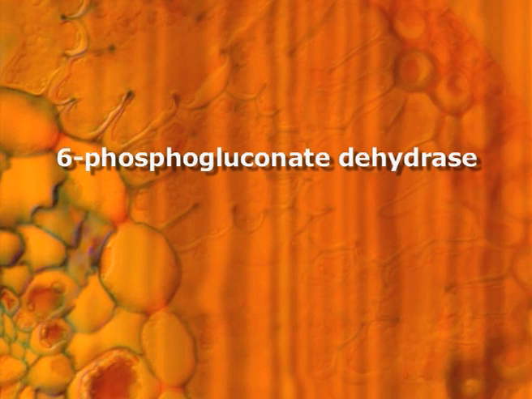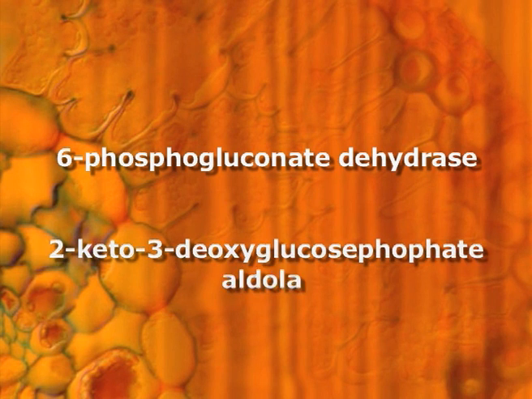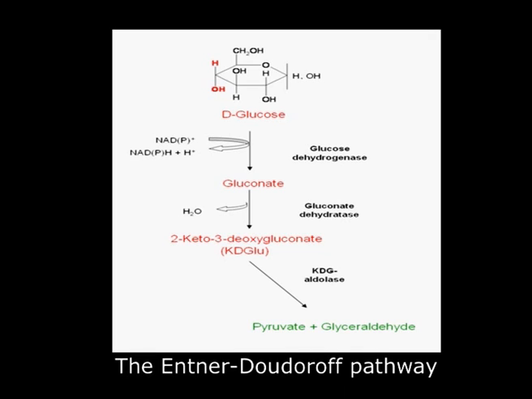The non-phosphorylated version is found in Thermoproteus, where by the presence of glucose dehydrogenase, the glucose is converted. And there are two enzymes in this variant of the ED pathway. What are they? 6-phosphogluconate dehydratase as well as 2-keto-3-deoxyglucose phosphate aldolase. They are very unique enzymes present in Archaebacteria to drive the ED pathway.